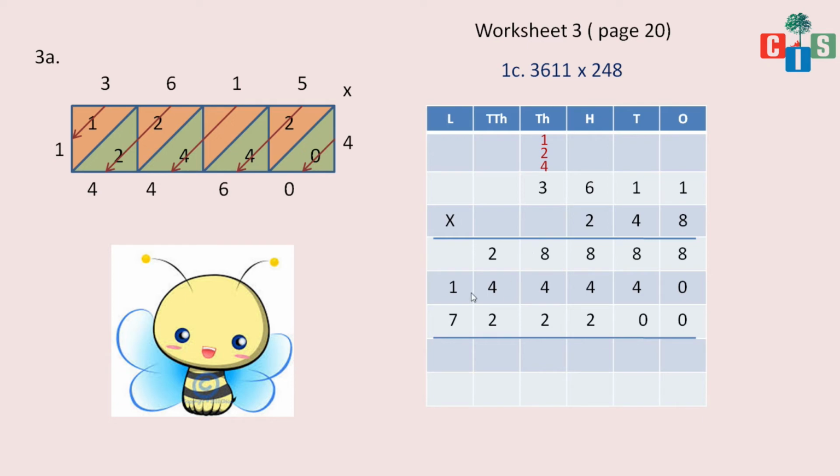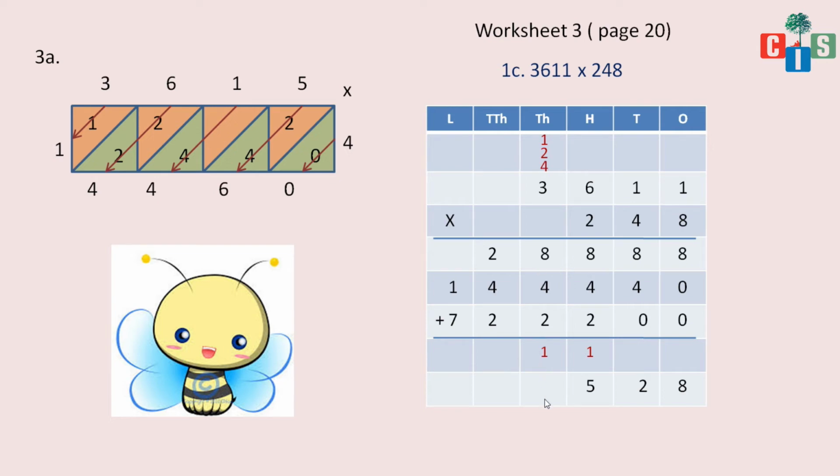Now we will add them all. So here we will have the addition sign. Okay. Now 8 plus 0 is 8. 8 plus 4 will give me 12. So 2 and 1 carried over. 8 plus 4 is 12, 13, 14 and 1, 15. 5 and 1 carried over. 8 plus 2 is 10 and 4 plus 1 is 5.